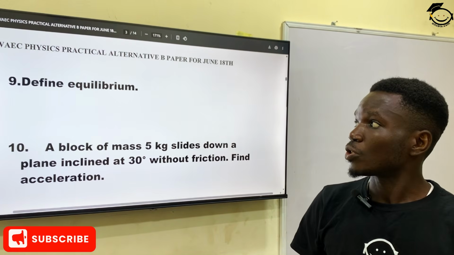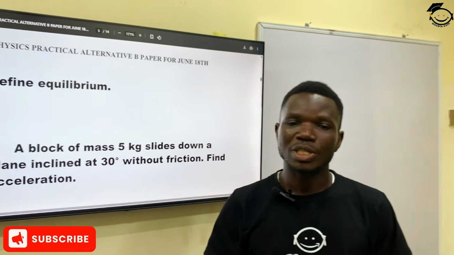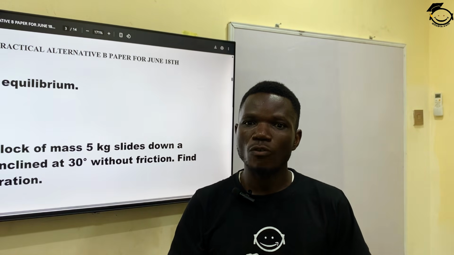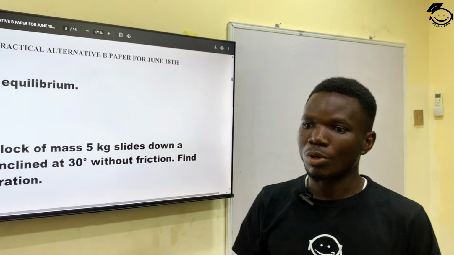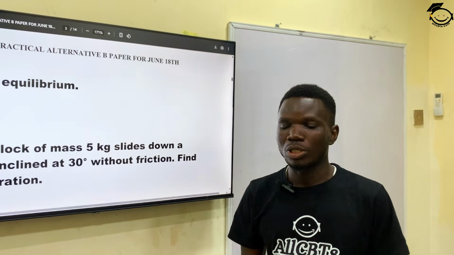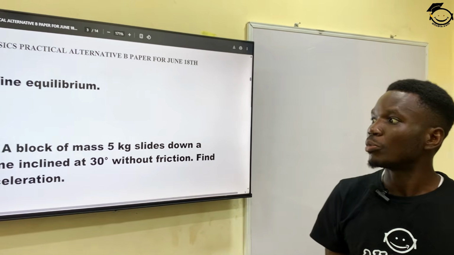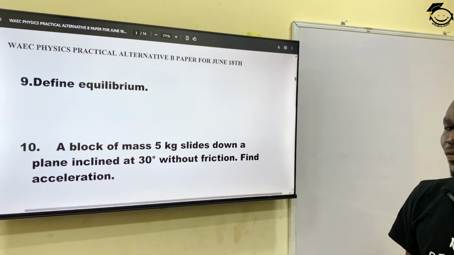So moving on to question number 9, it says define equilibrium. Equilibrium is simply a state where the total sum of forces acting on the body is equivalent to 0. So when the sum of forces acting on the body is 0, then you say that that body is in a state of equilibrium. Moving on to question number 10, it says a block of mass 5 kg